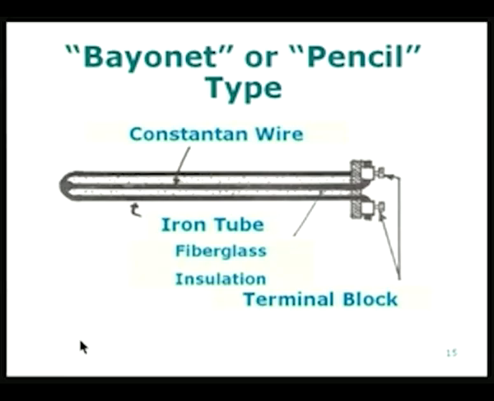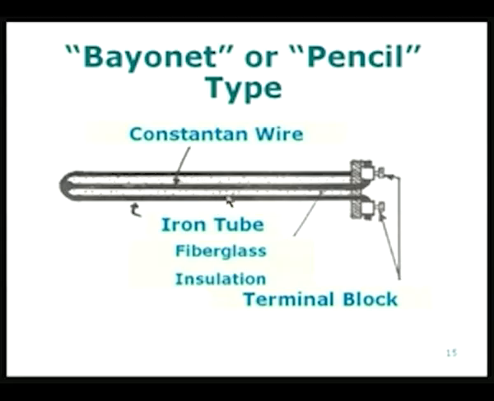Another possible way of making a thermocouple is to use what is called a bayonet or the pencil type. In this case, I am using an iron-Constantan thermocouple, which is J type. The tube is made of iron. The Constantan wire is right in the middle of the tube, and it is attached to the bottom of the tube here. So, the junction is here,